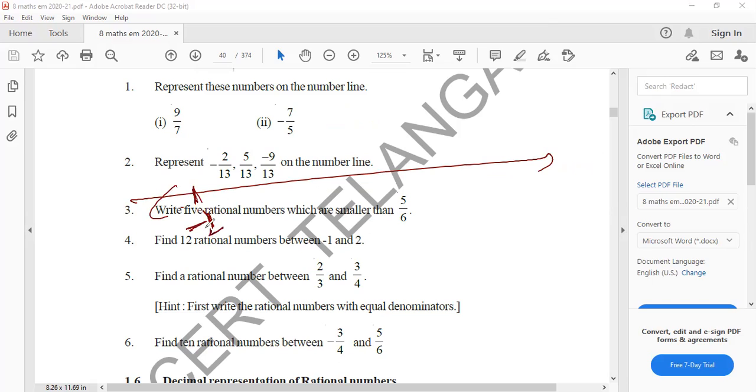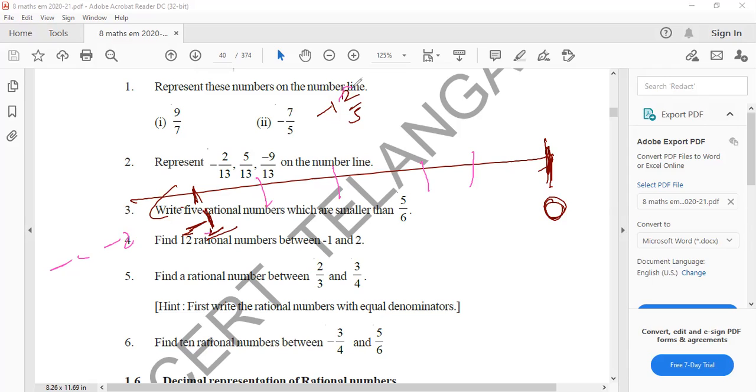This is minus 1, right? After minus 1, it's minus 1 2 by 5. After minus 1, what is the answer here? 0 only. He has to make this into 5 equal parts. Minus 1, after that 0 only, right? This is minus 2, minus 3. If you go to the right side, minus 1, 0. After this, you can make it 5 equal parts: 1, 2, 3, 4, 5 equal parts.